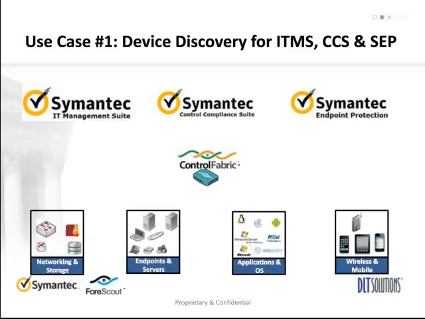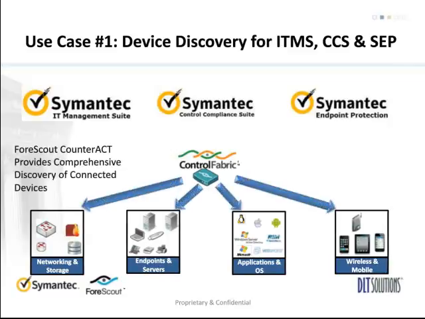So what ForeScout does is provide a comprehensive discovery of connected devices. And we do that through a litany of ways. We're event-driven. We don't necessarily rely on point-in-time scans, although we do support that. We are generally integrated into the network fabric. So as your network switch or component identifies a new connection, we catch that trigger in real time. And what this does is, rather than waiting for days, weeks, or months of a point-in-time scan to detect the asset, we'll detect it instantaneously.